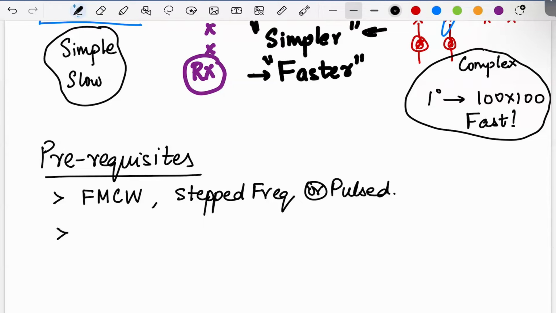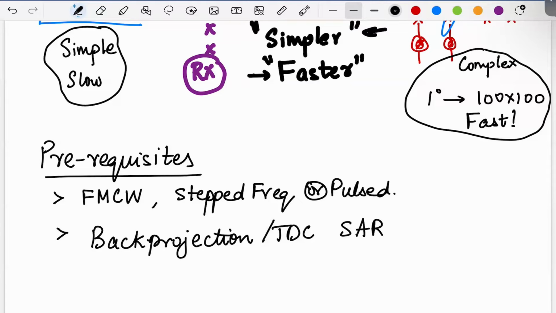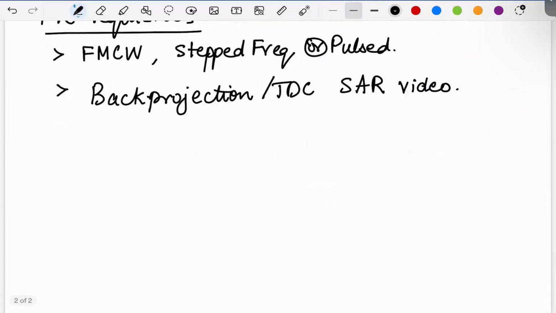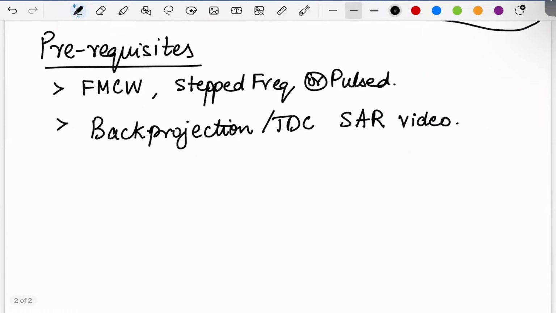And I also highly recommend watching the back projection time domain correlation video, the 3D imaging SAR video, time domain correlation SAR video for 3D imaging. I think if you watch these two and you understand them well, you'll have a much better understanding. But anyways, in today's video, I guess I wanted to,